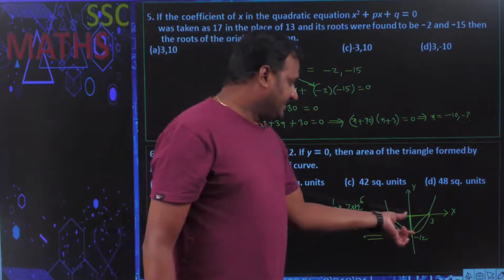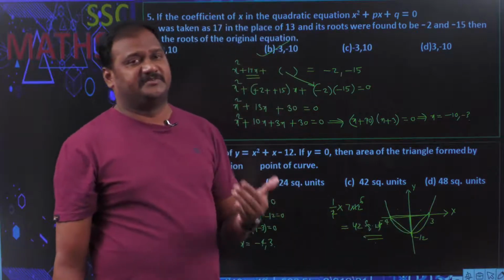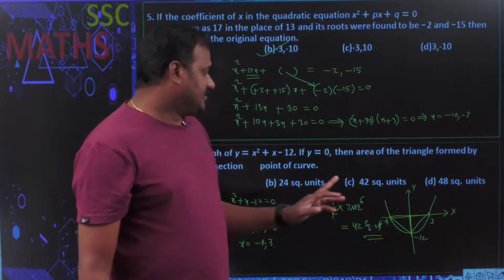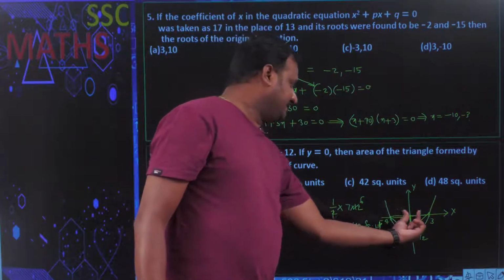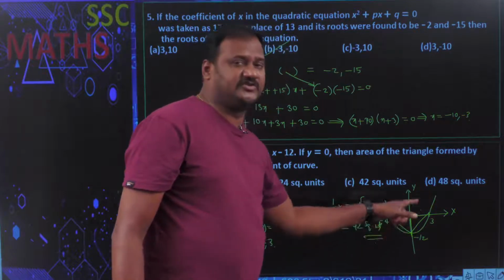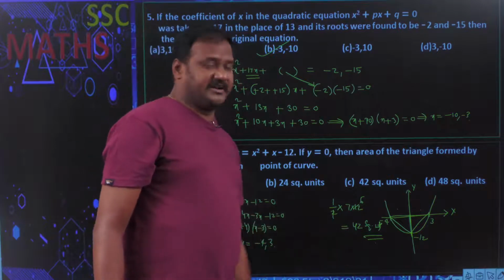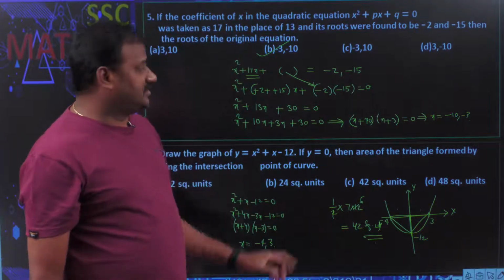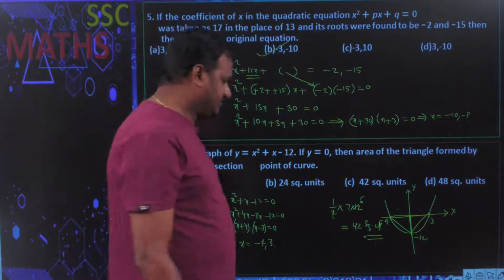See, this is the perpendicular and this is the base. So the area of the triangle is equal to half into base into corresponding height. Half into base: the distance from here to here. These are 4 units, then these are 3 units. 4 plus 3 is equal to 7 units, and this altitude is going to be 12 units. So half into 7 into 12. When you simplify, you get 42 square units. That is the required area of the triangle. Is it not interesting? Of course.